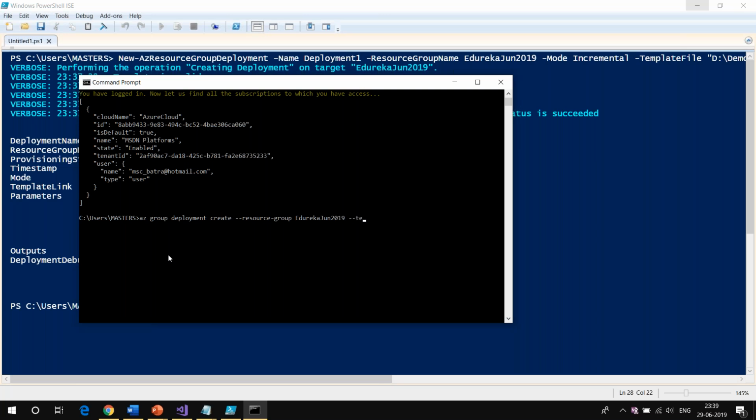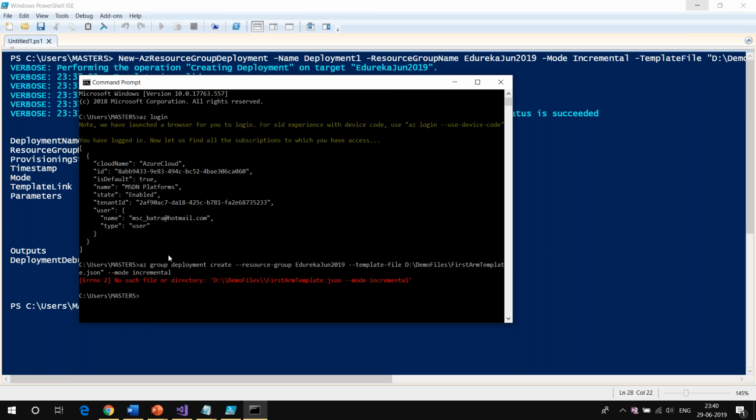Then I can provide the template file, which is at D drive, demo files, first ARM template.json. Exactly the same syntax that we were doing earlier. And I'm going to say mode as incremental. Then I can go ahead and run this particular ARM template.